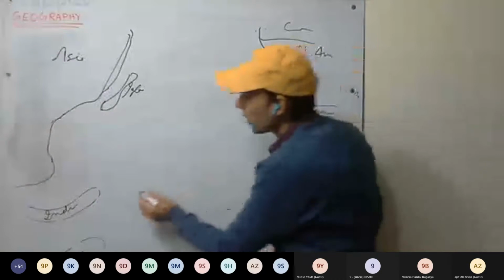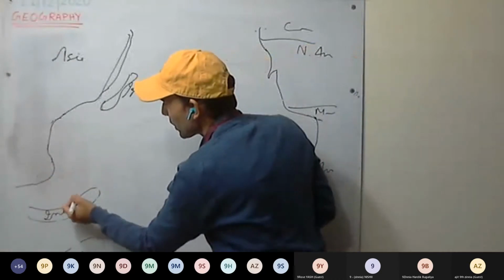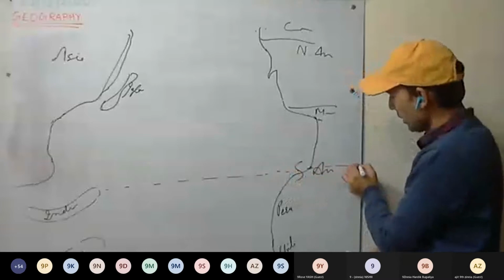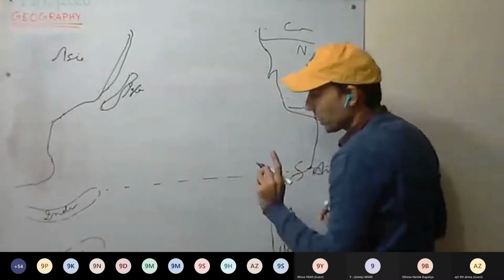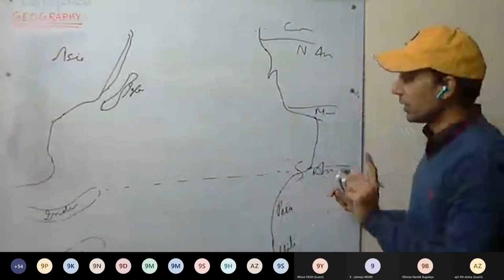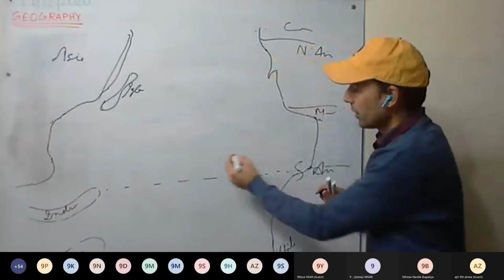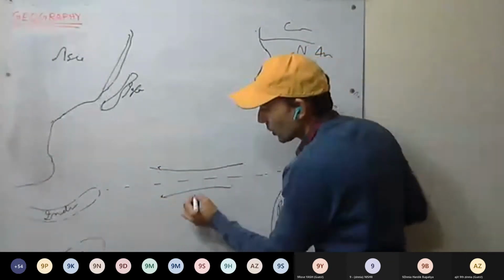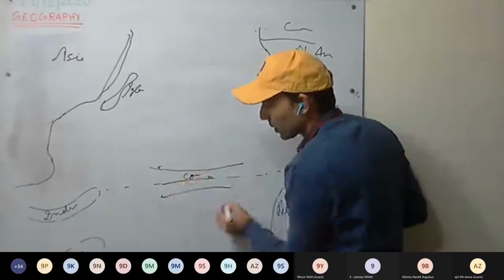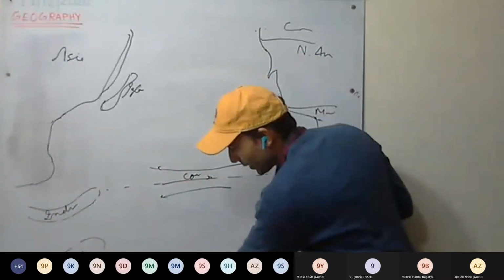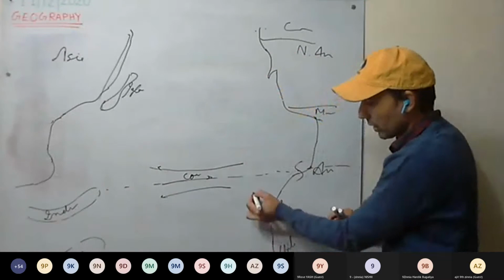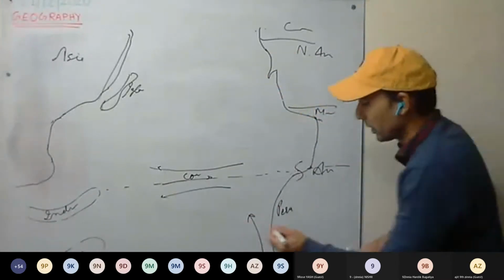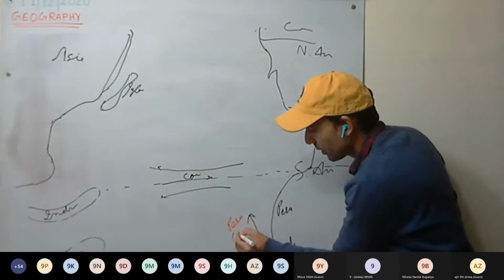Mainly near the equator, Indonesia, the equator somewhere here, and somewhere here Brazil. This is the equator. So what happens? We have the currents: north equatorial current, south equatorial current, and the counter current. This current flows here like this, the west wind drift, and now here. Which current is this? Here we have the Peru current.